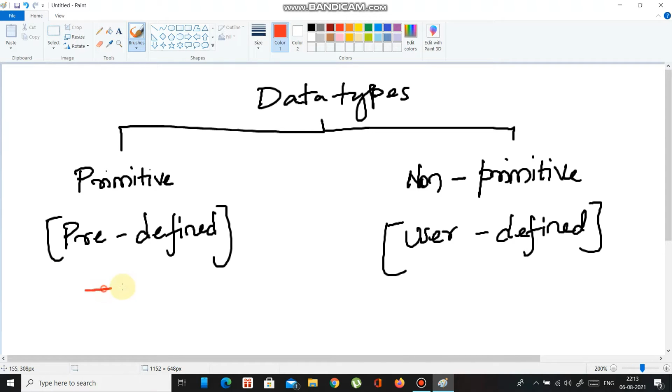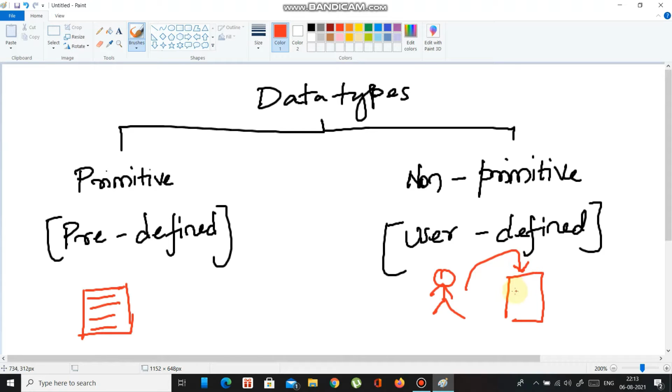You entered the data and you already stored it in the container, meaning this package already has those data types. But non-primitive means user defined, meaning you will define it. This container will be empty and you will feed the data in it. After you feed it, this will be a non-primitive data type. Okay.